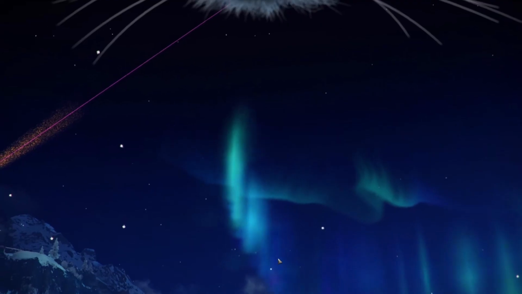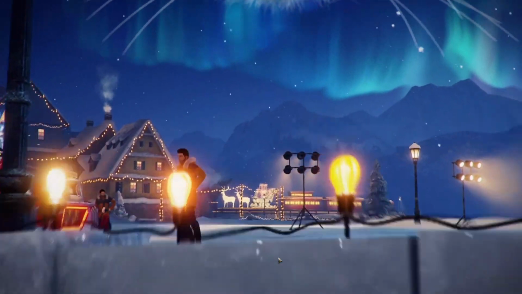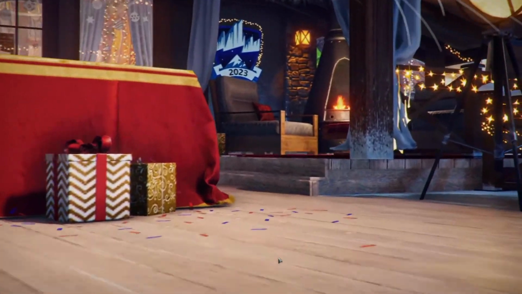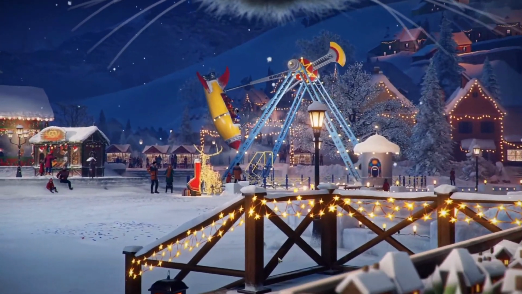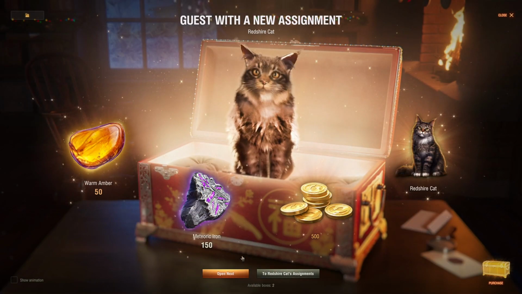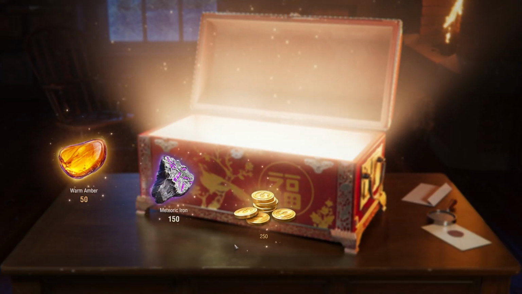Warm ember, yep, that's what you receive. Oh, I get the cat. Okay. I get the cat. We'll see if it brings missions or, I don't know, some other stuff. But yeah, okay, nice. I guess it's nice. Yeah. Sit down. Yeah, here's the cat. Okay. So far, so good. And continue. Okay. Open next. And...